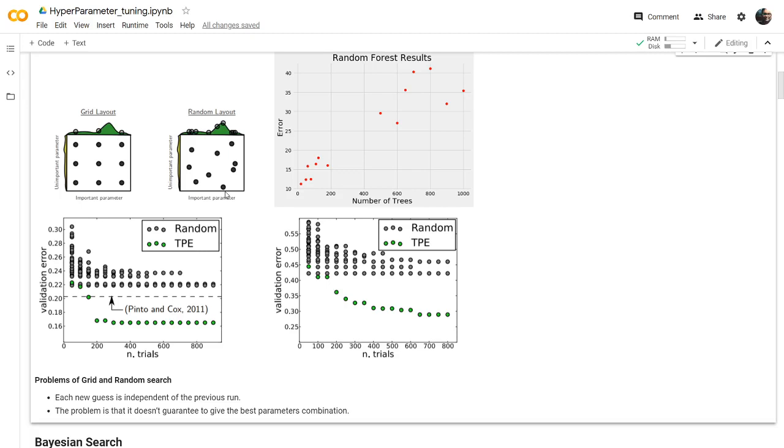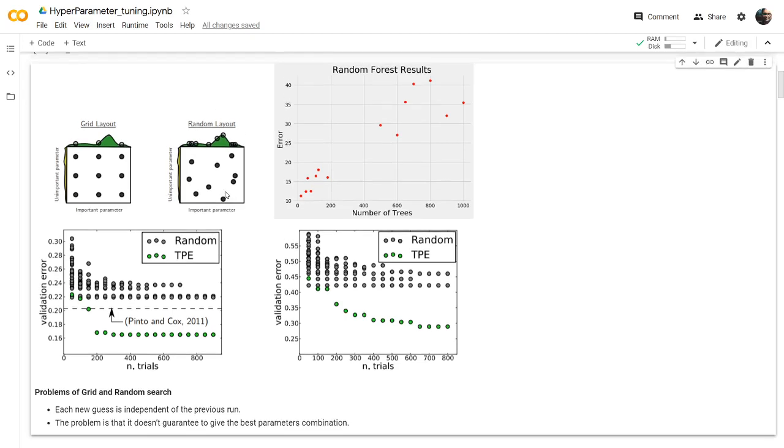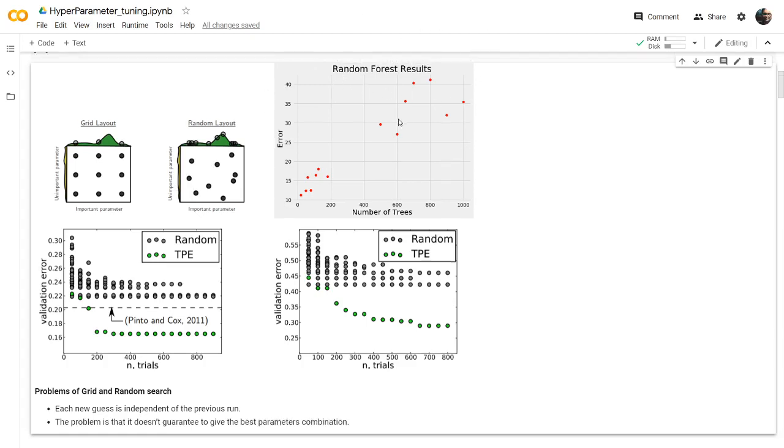And if you take a random layout, you can see there, it is a random search. So the values will be picked randomly from the space, from the domain or search space. You'll be giving the range of values, and it will take random values from that. So the difference between these and Bayes search: if you take this value here, random forest results are there.